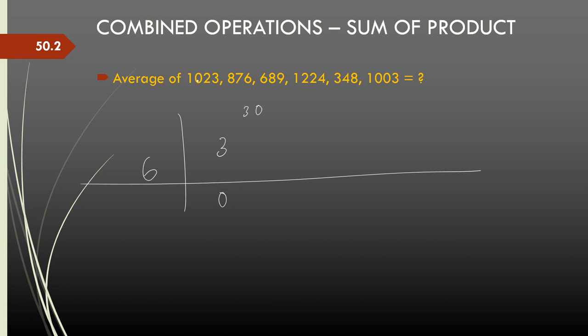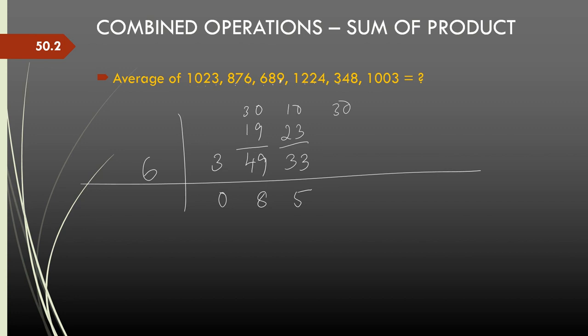Let us calculate the sum of the hundreds places. 8, 8 plus 6 is 14, 14 and 2 is 16, 16 and 3 is 19, 19. So that is 49. So 6 eights are 48. Then 10 is carried forward to the next tens digit. So let us do the tens sum: 2 plus 7 is 9, plus 8 is 17, plus 2 is 19, plus 4 is 23. So that gives me 33, divided by 6 gives me 5. 30 carried forward. Now let us do the units.